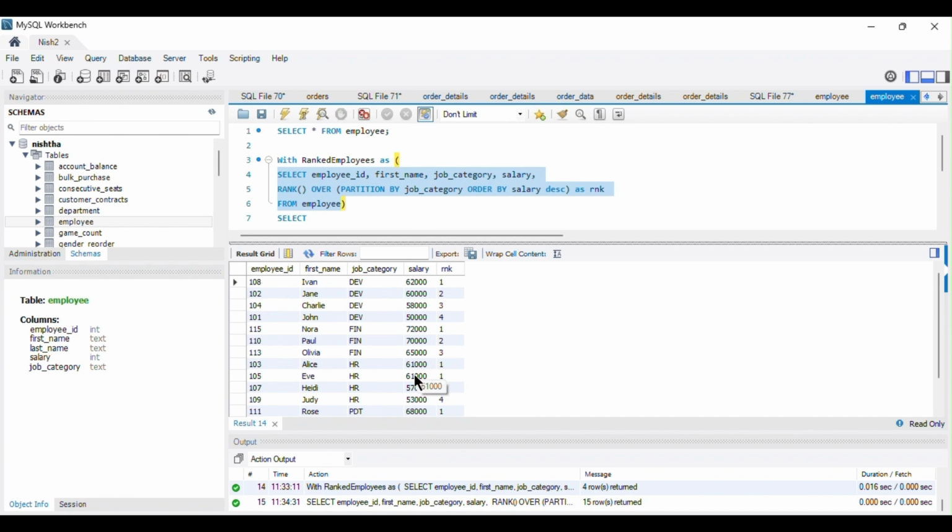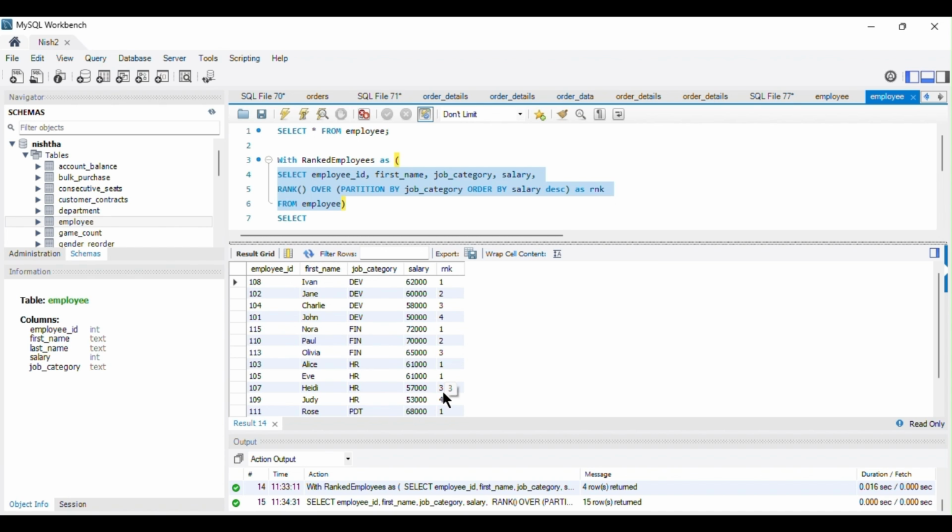For the duplicate salaries, for the HR department, the salary is 61,000 with rank 1, but for the next employee, who has 57,000, it should have been given rank 2. But here you can see that it has been given rank 3. That means the rank has been skipped over here.